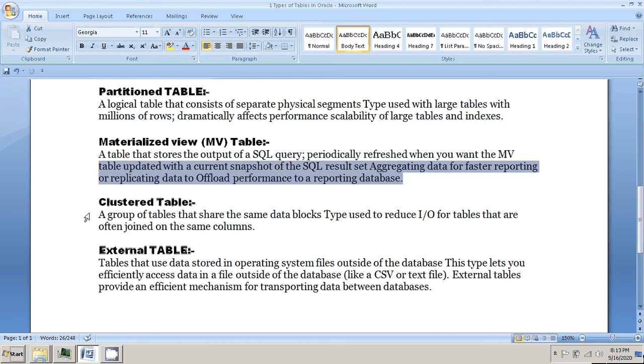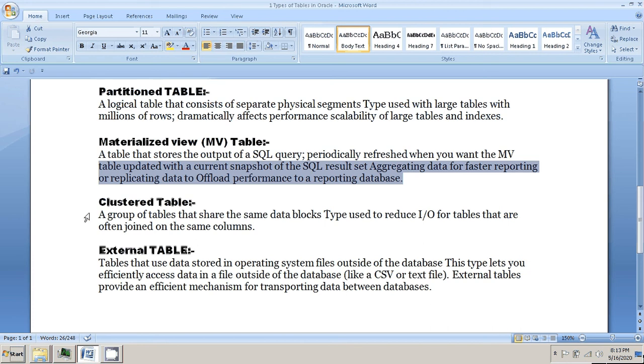The next one is the cluster table. So what is a cluster table? We can use a cluster to organize the storage of tables that have common columns and are usually used together. Clusters are two or more tables that are physically stored together, to take advantage of the similar columns between the tables. A cluster will reduce the performance of your insert statement.